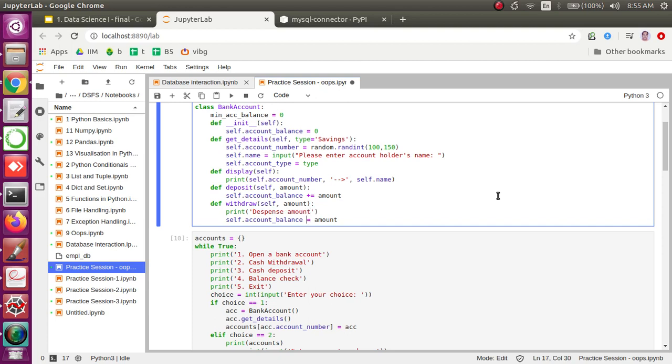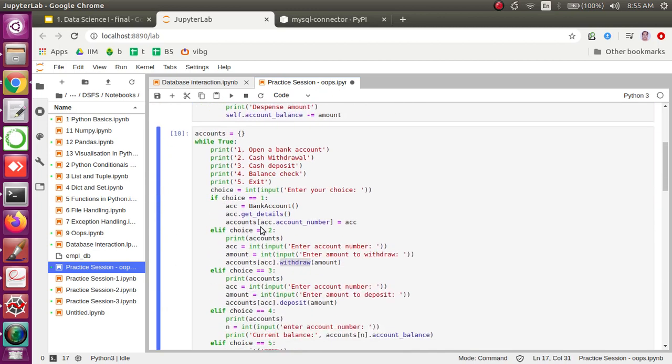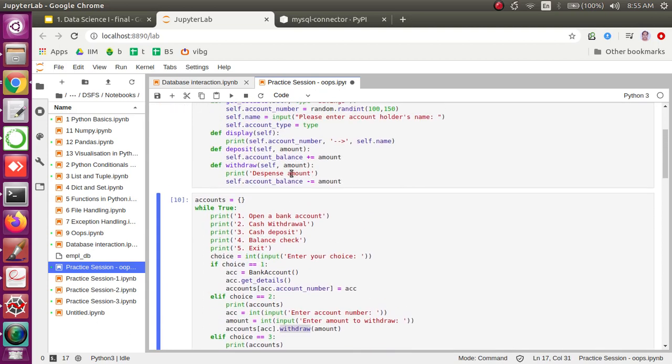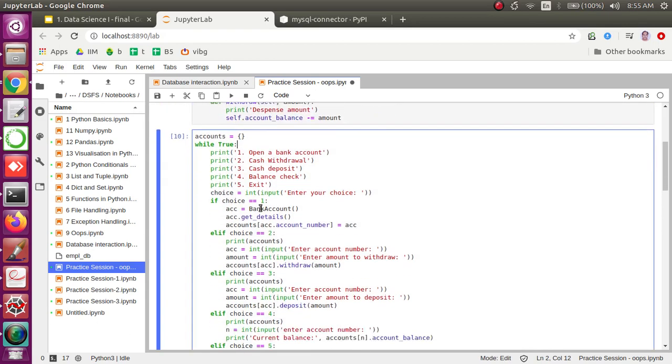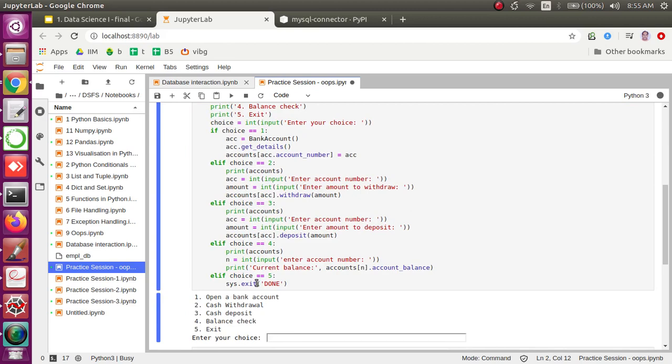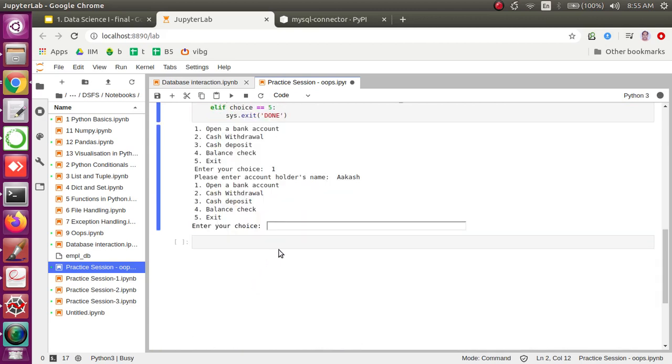Okay, and then decrement that much amount from self balance or account balance. So that's how the process would be, and this is how we can also do open a bank account, cash, then cash deposit sum